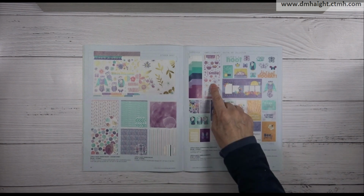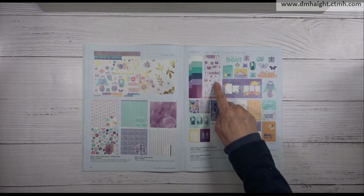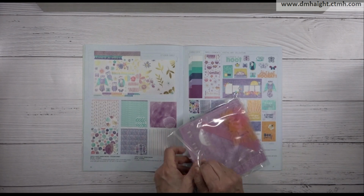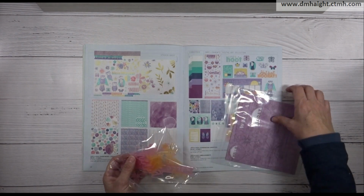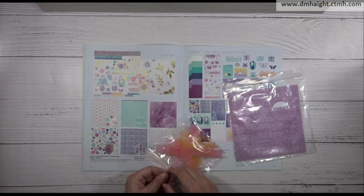All right, and then there are the Life's a Hoot embellishments, and I have those to share with you. So they're paperboard and acrylic. So the acrylics in pink and melon, and you get all the different shapes that are featured here, and some of them layer on top of the paperboard here. So you have